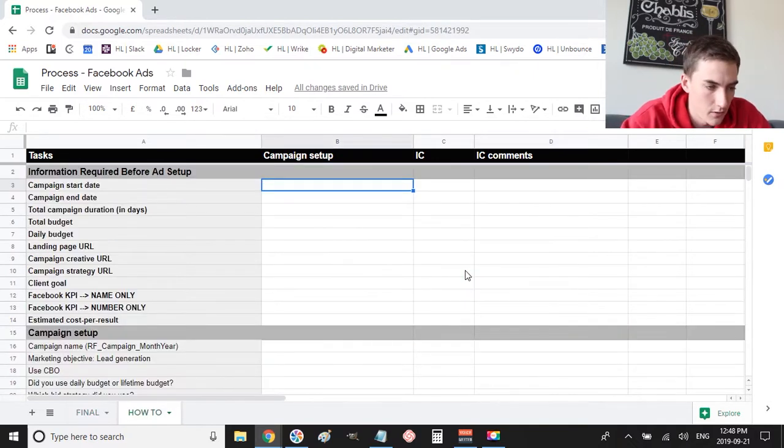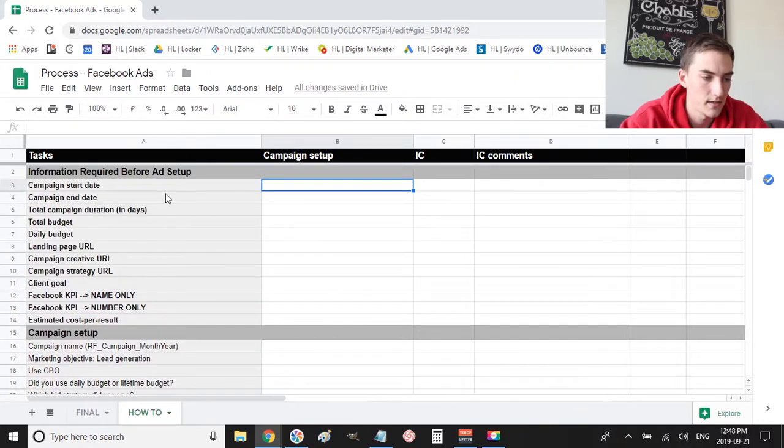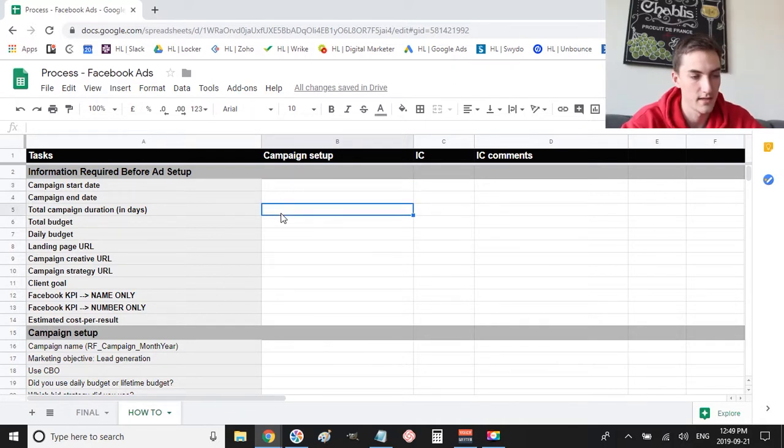So I've got this new tab open, and I've got some of the tasks already implemented. And in order to figure out what tasks you need to add to your process sheet, basically you just need to go through your own process and just add all of the steps, and then ask yourself questions as you're setting up the process, like, is there any other information that would be helpful for me as I'm setting this up? So for example, like I showed you before, this total campaign duration in days, and then the